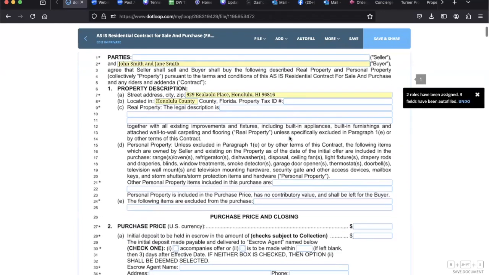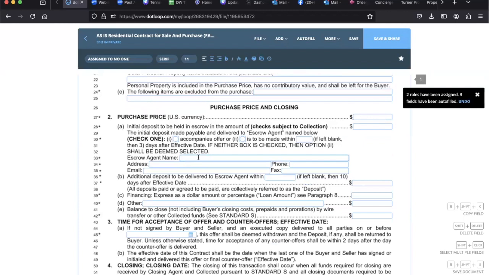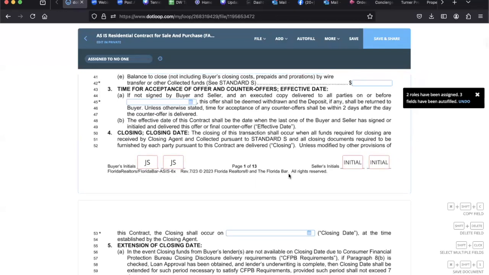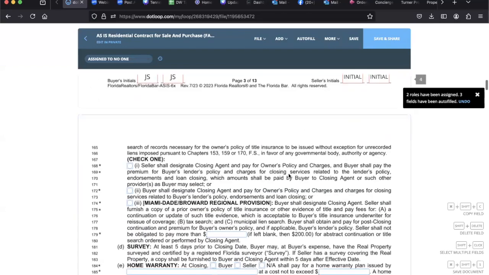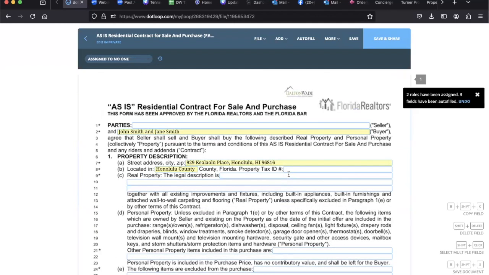And here I can see in yellow everything that's been autofilled. I can also type. I don't have to use autofill, I can just type it in. You want to make sure everything's checked. And then it will have the initials down here for where everybody will be initialing when this is sent out for initials and signatures. So the whole document is here for me to double check and fill out. At the top right of the screen,